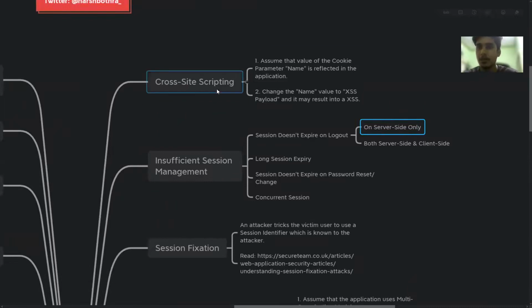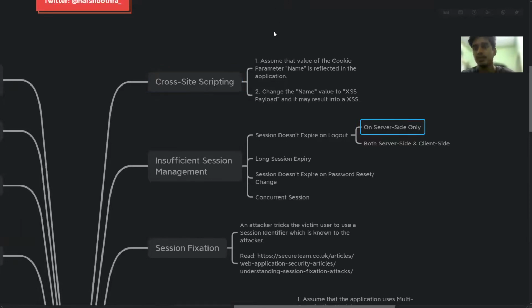The first attack we are going to talk about is cross-site scripting. We all are aware of cross-site scripting. The one thing to remember here is that most of the time, cross-site scripting in the cookies is self cross-site scripting. In bug bounty programs, there is no impact as such that we can observe with self XSS. But in a pen test engagement, we have to ensure that we are reporting everything, and making sure that the client knows whatever is happening in the application, right?